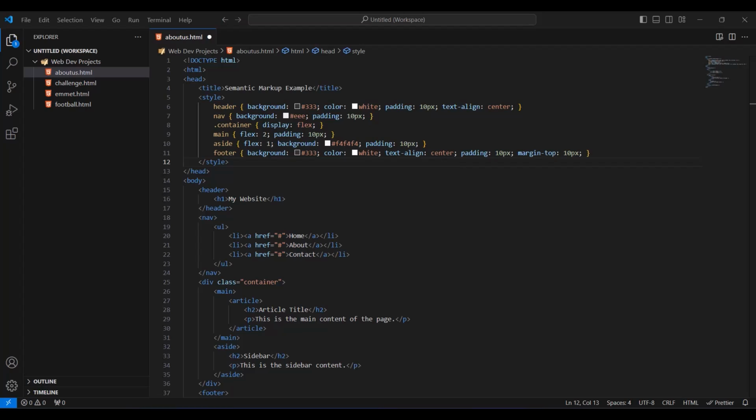Moreover, it's worth mentioning the importance of semantic HTML. Using the correct HTML elements for tables helps browsers and assistive technologies to understand the content. This not only improves accessibility, but also enhances search engine optimization, SEO. Finally, we'll touch on the integration of tables with databases. In many web applications, tables are used to display data retrieved from a database. Understanding how to dynamically populate tables with database data is a critical skill for backend developers.